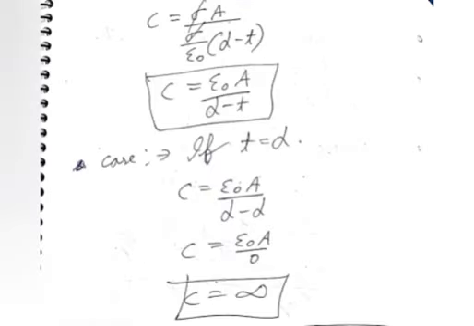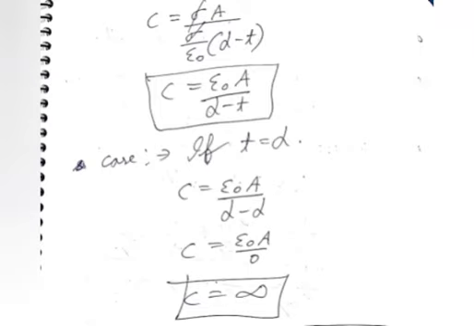In this expression, that is C is equal to Q by V, we have put the value of Q as well as V, and sigma gets cancelled out. Epsilon naught would go with the numerator, so hence C is equal to epsilon naught A upon D minus T. This is the final expression for the effect on capacitance due to a conducting plate when inserted between the plates of a parallel plate capacitor.